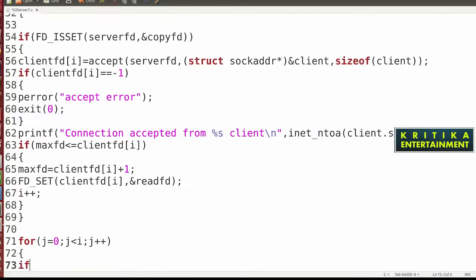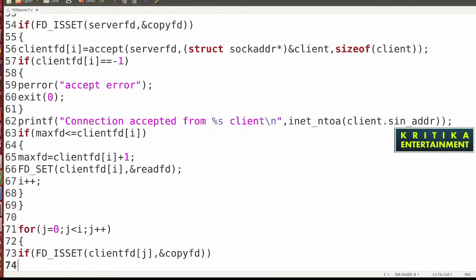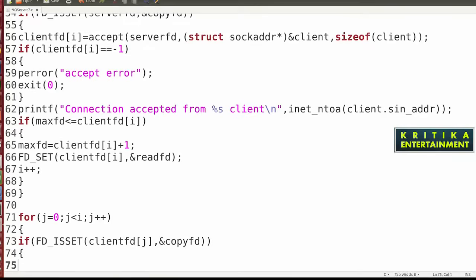Then what to write here? If, then FD_ISSET, then client fd j, ampersand, always use the copy fd, then copy fd. Then here write int r is equal to recv, what will it receive? Client fd j,